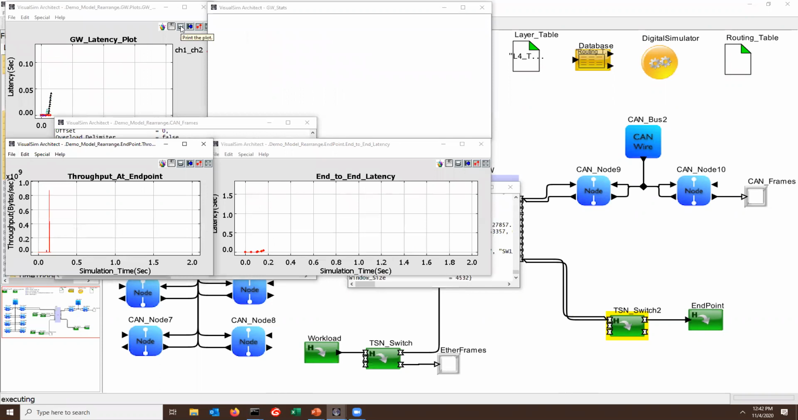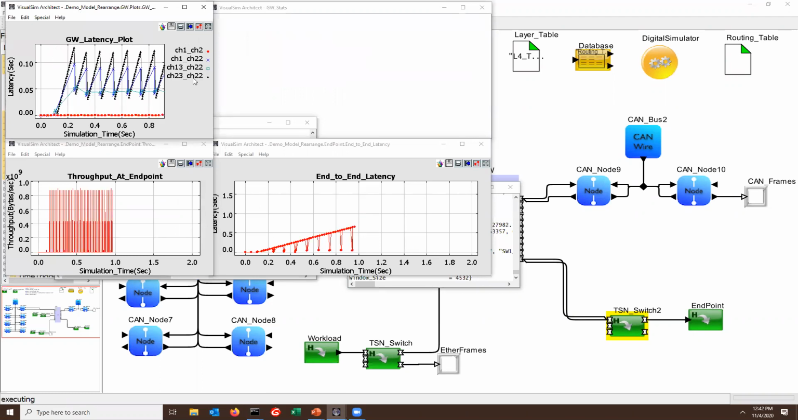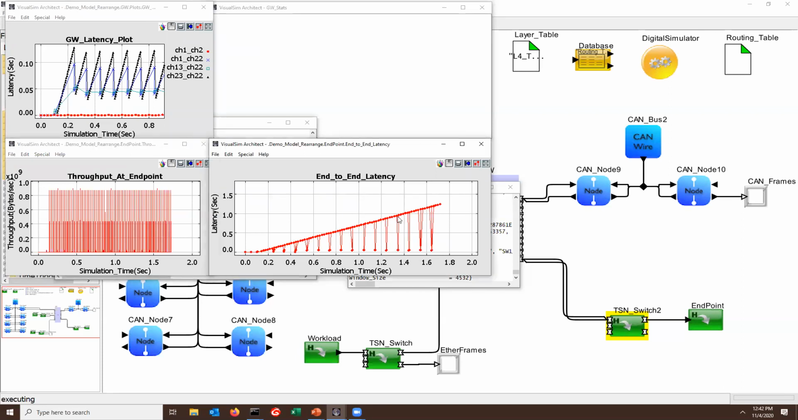a variety of plots and displays are going to come up. Some of them related to the different channels, what is the latency? You can see, and similarly, you can also see end-to-end latency. In this particular design, what you're seeing is the end-to-end latency is constantly increasing, which